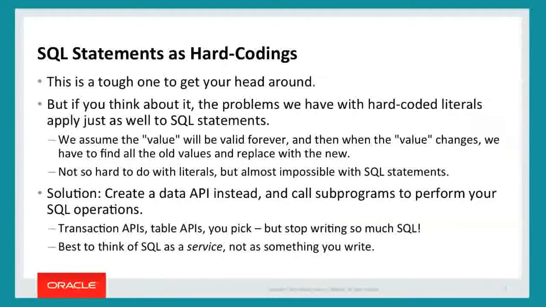And if that same or similar SQL statement is in multiple places in your code, how do you find those repetitions? How do you manage that? So the bottom line suggestion that I strongly encourage you to consider is to create a data API, a data access layer, essentially one or more packages on top of tables or transaction units, business objects, that have subprograms that do the work for you. So if I need to do an insert, I call the insert procedure. If I need to get a row of data, I execute a function that returns that information. And it's all hidden inside a PLSQL API, which means you're much less likely to have multiple versions of the same SQL statement. And it's much easier to optimize because you've got one place to go to.